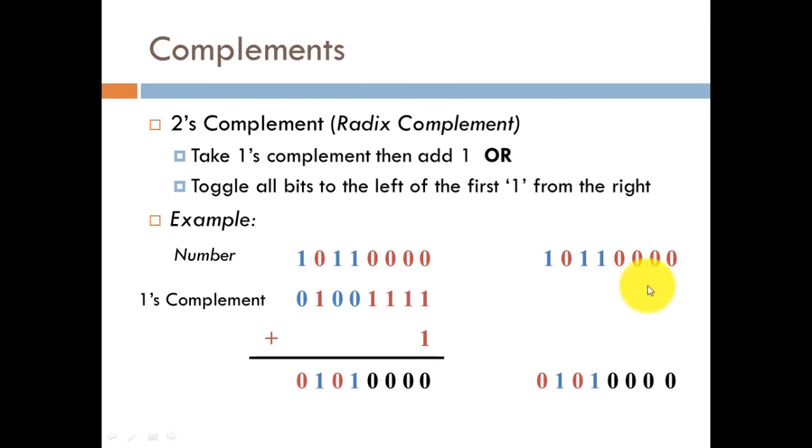So if we can see this 0 0 0 0, for each 0 we have again written 0, and for this first 1 we have written 1. After that, for whatever bits are on the left side, we need to perform the toggling operation, or we just need to invert them. That is, for this 1 we have written 0, for 0 we have written 1, and for this 1 we have written 0. So you can simply find out that in both cases your answer will remain the same. By these two mechanisms we can easily calculate the 2's complement of a binary number.